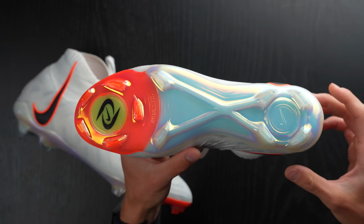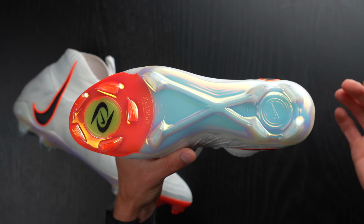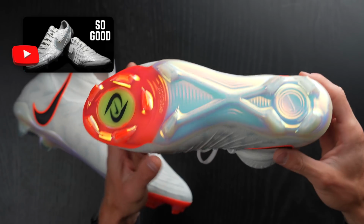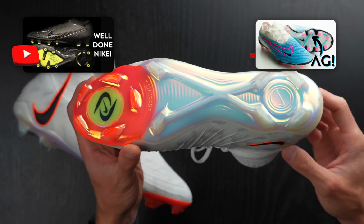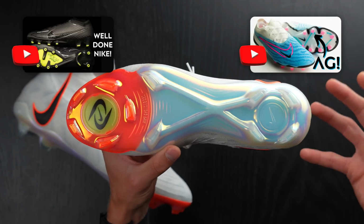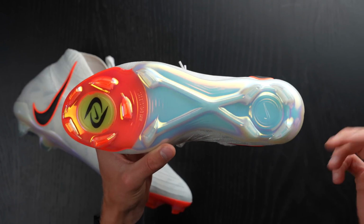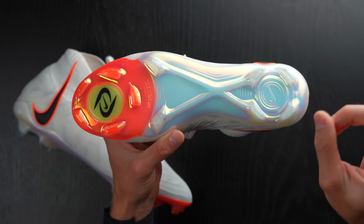My thought is that the most neutral studs for rotational movement are actually just conical studs, something like a Tiempo or an AG sole plate for any of the models that you guys probably have seen on this channel. I've reviewed a couple different Nike AG models before. That's always been my thought. So I am curious to know on AG pitches and FG pitches whether this actually provides sort of a quote-unquote